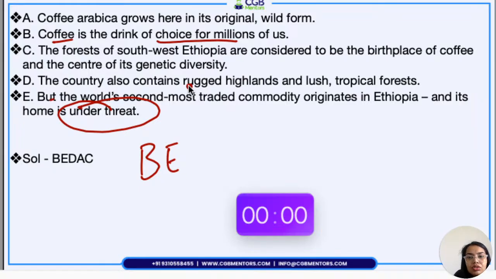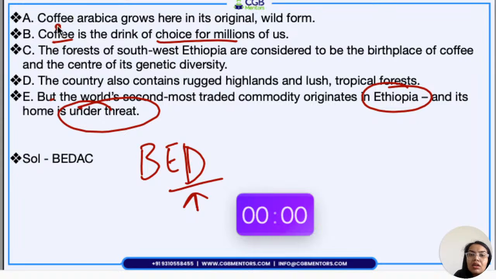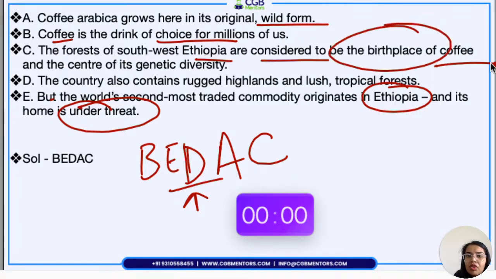The country also contains such, so we are talking about the birthplace of, or where we find a lot of coffee from where it originates. वही खतरे में है. Then we talk about a specific type of coffee. Coffee Arabica grows here in its original wild form, but it is under threat. So वो main highlight था. And then we're talking about the forest of Southwest Ethiopia, considered to be the birthplace of coffee and center of its genetic diversity. So A and C are giving us deeper